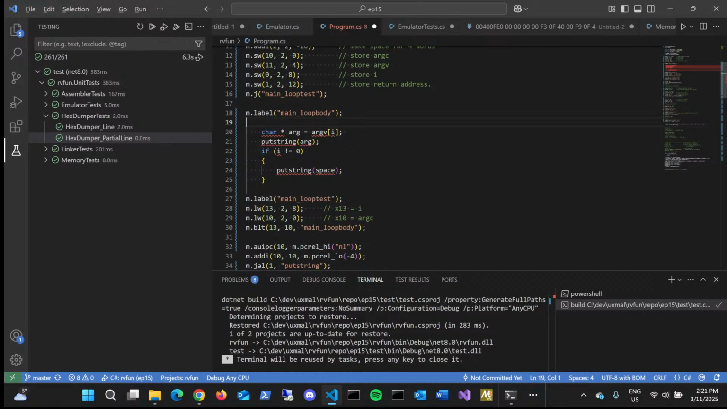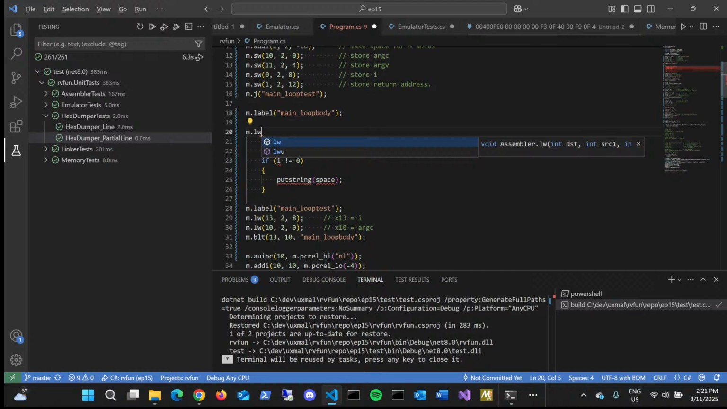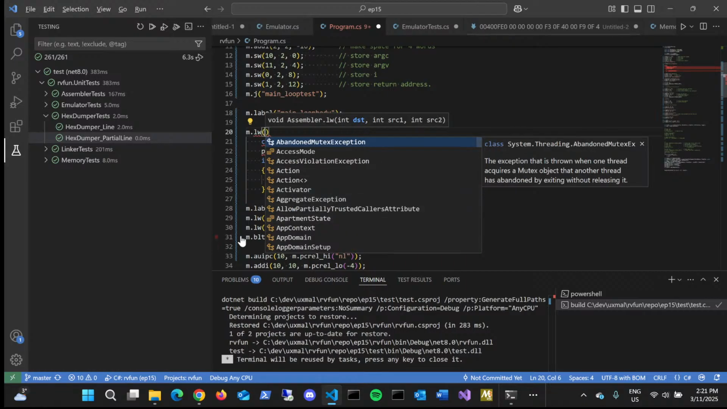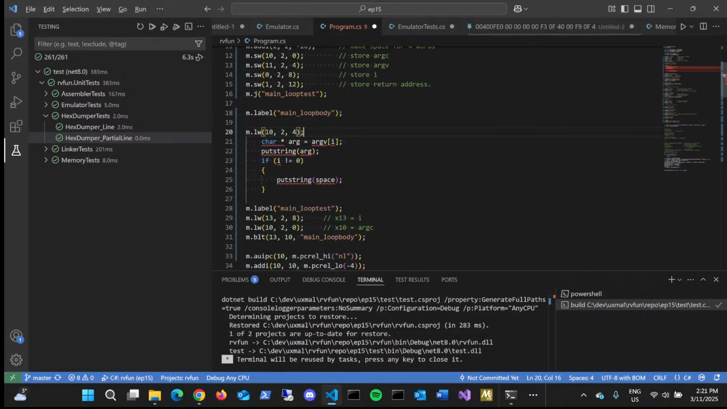So we will just grab R13, but we also need argv. So we need to load argv into a register. Let's load it. We don't need argc. We're going to clobber R10 anyway. So we're going to use that register R10, and we're going to take argv, which is in this location. So x10